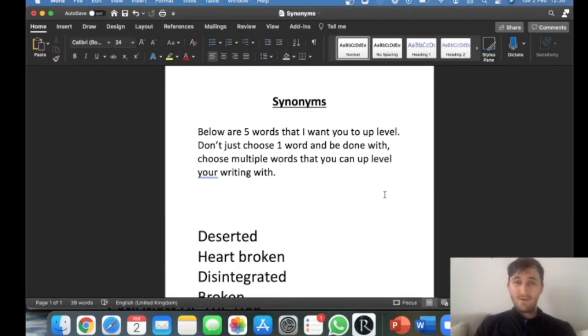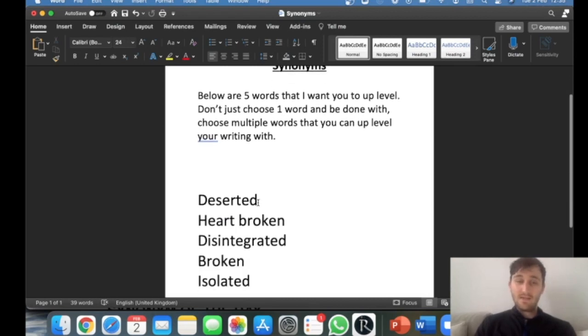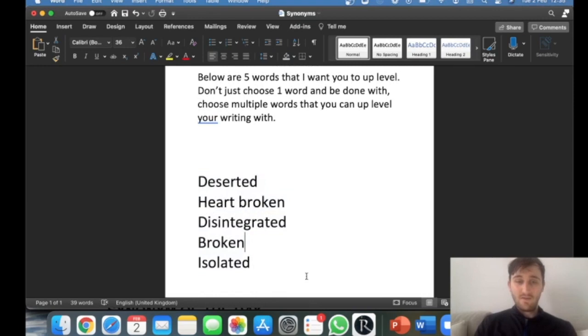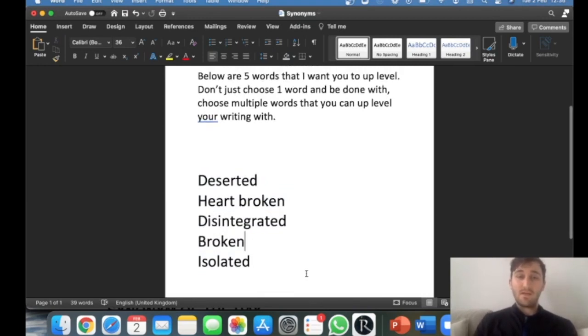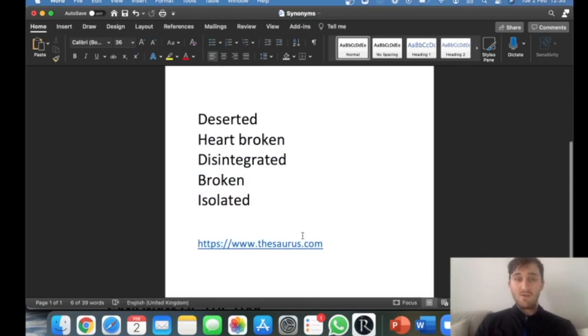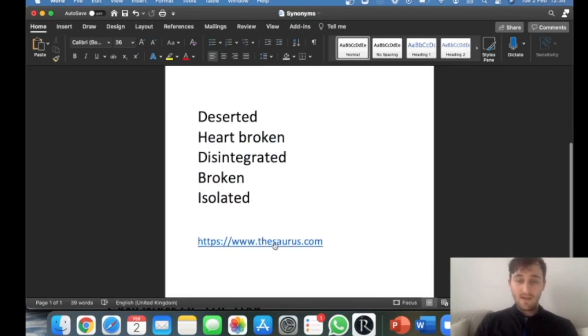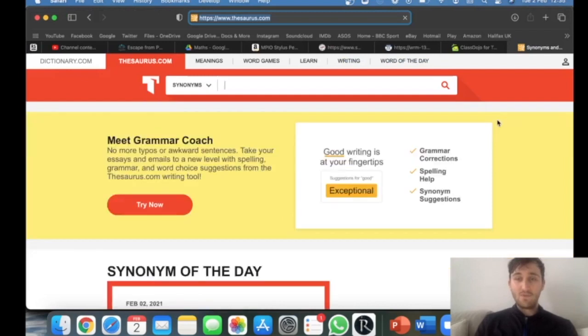Okay, so on the Google Drive, there will be this synonyms worksheet, and underneath there will be 5 words that I would like you to up-level. So do not just choose one word and be done with. I want you to choose multiple words that you can up-level your writing with. So for example, I'm not going to be using any of these. I am going to be using my own word. So here we have got a link. I want you to click this link and you'll be taken to